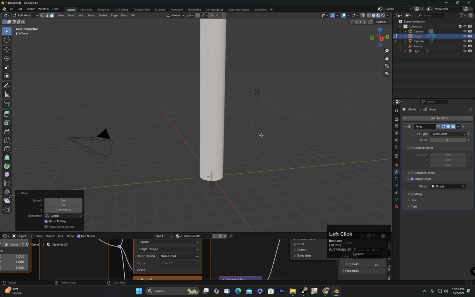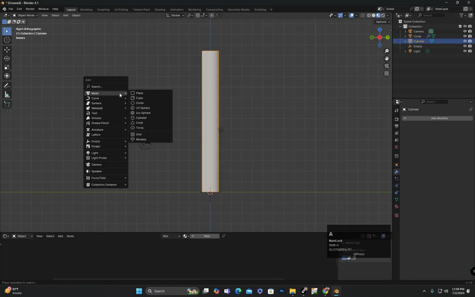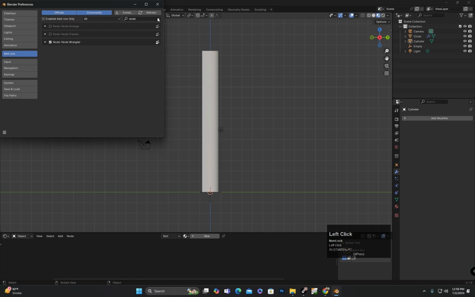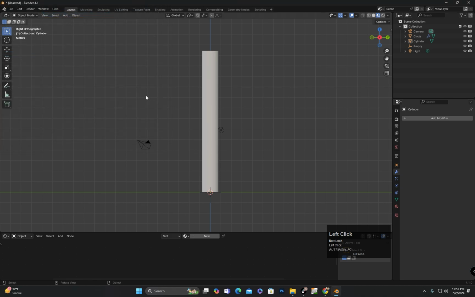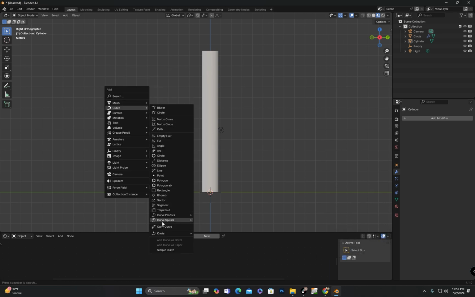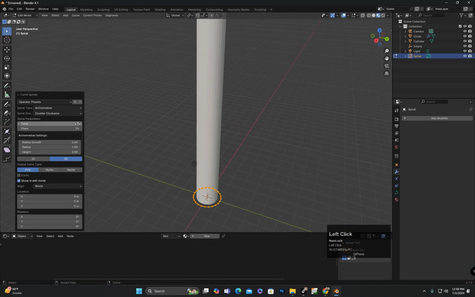Now I am adding a spiral curve. You can see that when I press Shift plus A, I don't see the option for spiral in the curve options. I will go to add-ons to enable it, and when I type extra here, I can enable extra objects for curves and meshes. After enabling them, when I press Shift plus A, we will see the option for spiral curves. We can then select it and add values for turns and height according to our requirements.